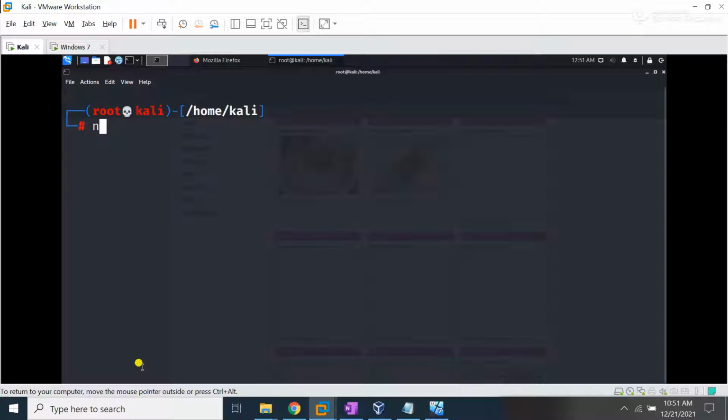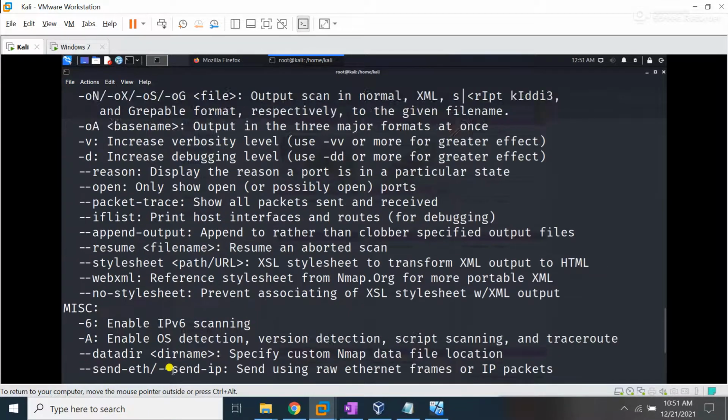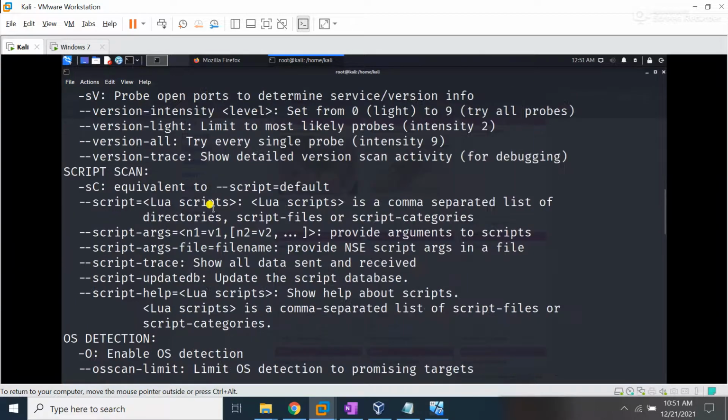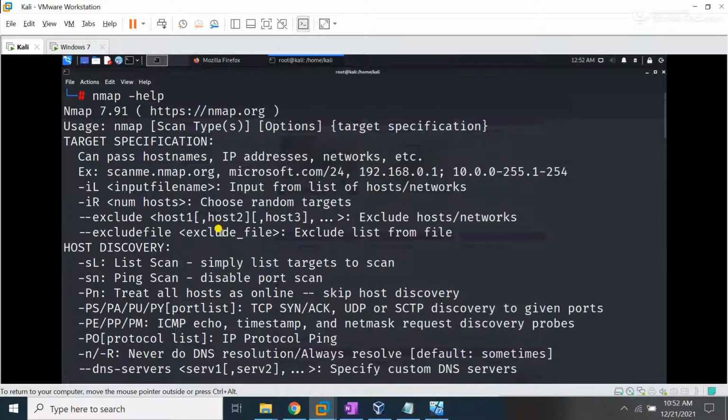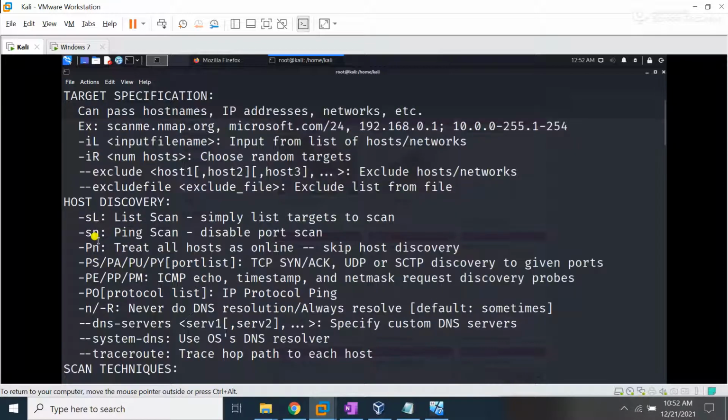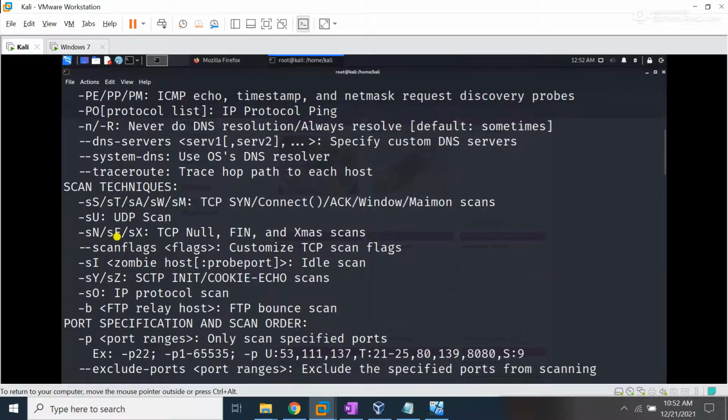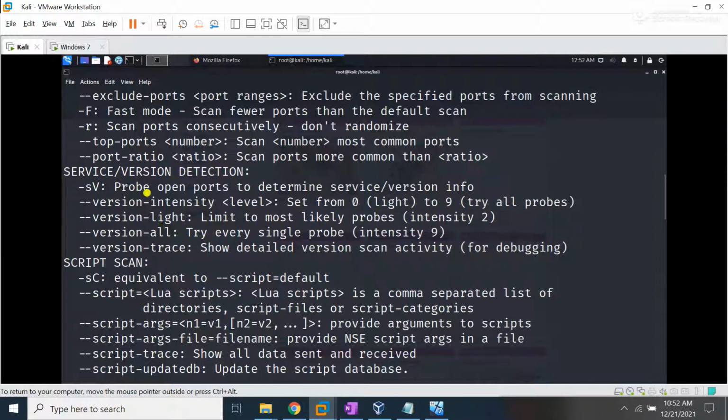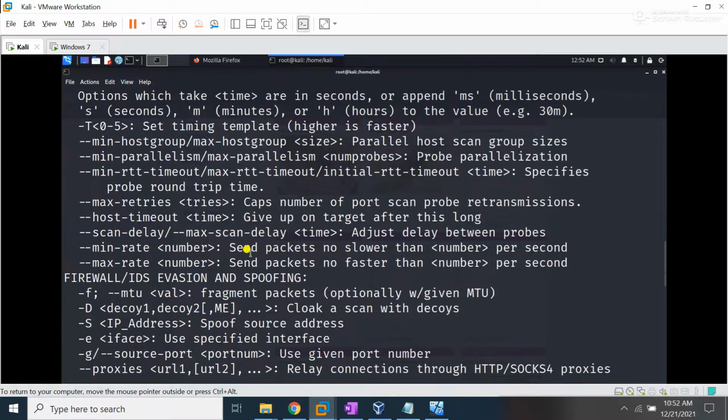Okay, you can also use this graphical interface in your window. Right now I'm using its command line interface in Kali Linux. I typed here Nmap, and if I type help and press enter, you see a lot of the manual about Nmap present in front of me. You can get some idea about Nmap, about its different switches, and how you can use these switches in order to perform some scanning with Nmap.